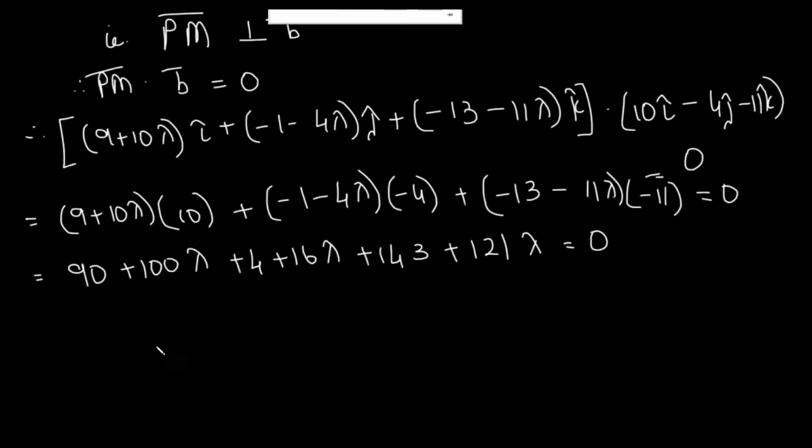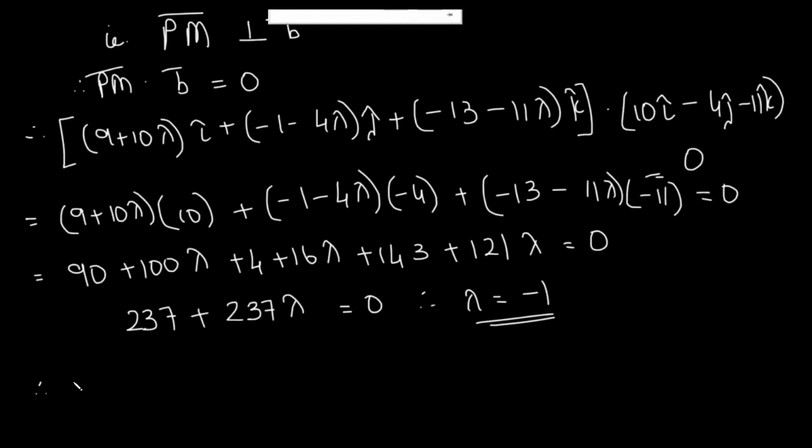Now solving it further, we get 90 plus 4, that is 94, plus 143, which becomes 237, plus 100 plus 16, 116, plus 121, we get it as again 237 lambda is equal to 0, and from this we get lambda is equal to minus 1. So we get the value of lambda is equal to minus 1, and therefore the position vector of M,